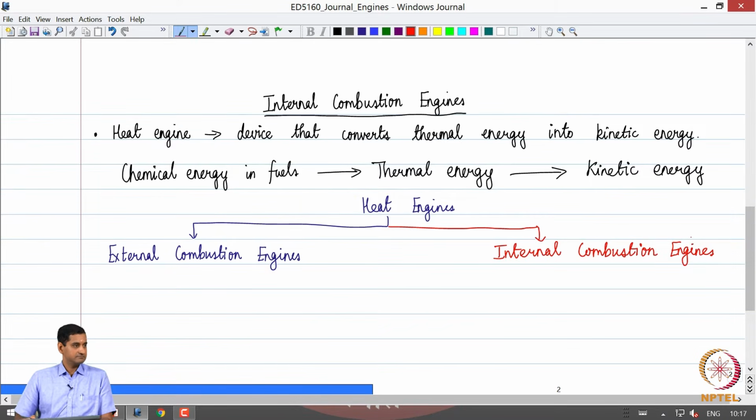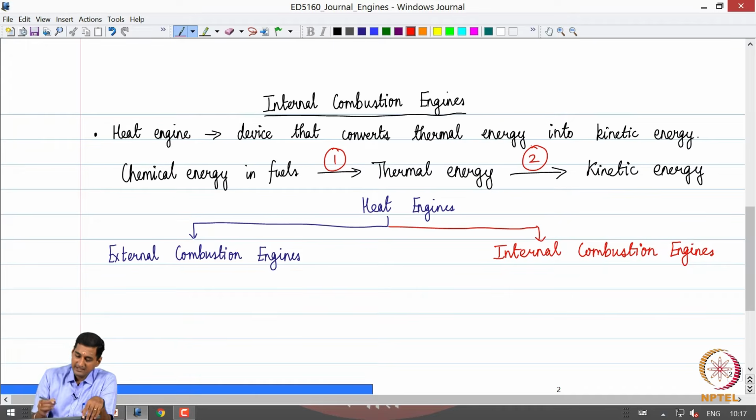Combustion happens outside the system and then you give the energy into the system. If a chemical reaction happens outside the system, thermal energy is converted to kinetic energy. In an internal combustion system, chemical energy, like the fuel, is put into the system and then it's converted to thermal energy, then kinetic. Yes, that is right. So, if you call this energy conversion process 1 and this energy conversion process 2, in an external combustion engine, these two energy conversion processes happen in different components, or different places.